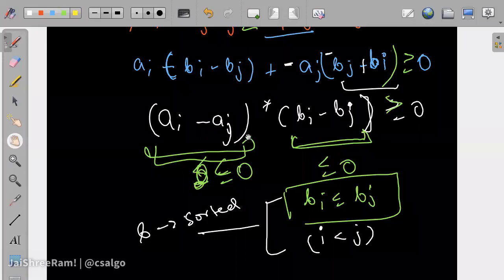Why does this ordering work? Just write an expression and derive to a part where you can look into this term, b of i minus b of j. Once you see this, you know that you have to sort the array, right? So this would have been the formal way to go about this problem.